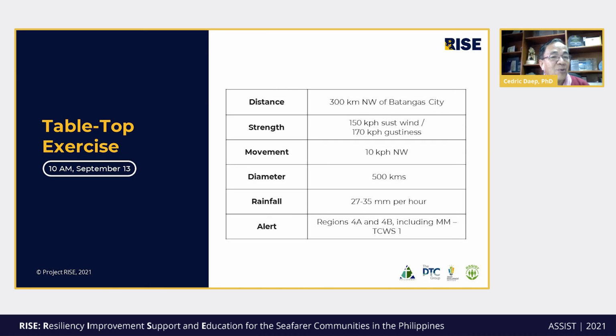Therefore, we need to identify the community to participate, the location, and then we need to put in the map the target evacuation facilities, and then we will determine the areas that will be the place for observers, meaning different stations. And then we will identify the risk zones and then the safer locations, so that we will see to it that the movement during evacuation is freely done on safer roads and